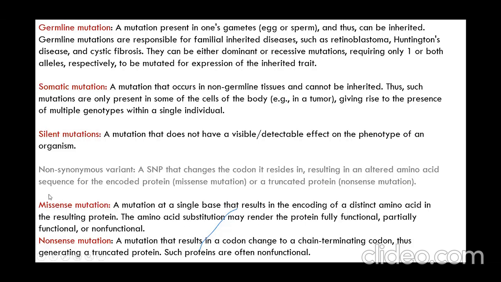A substitution can give a specific missense change in the sequence, or provide a nonsense codon, causing chain termination. If you take the example of a non-synonymous variant in terms of SNPs, which we will see in the further slides, it results from a missense or nonsense mutation as we discussed here. Then the sequence may have an altered amino acid at a specific chromosomal or gene location; that is a non-synonymous variant of the SNP. We will see what variants are. But remember, try to go into these mutation types.